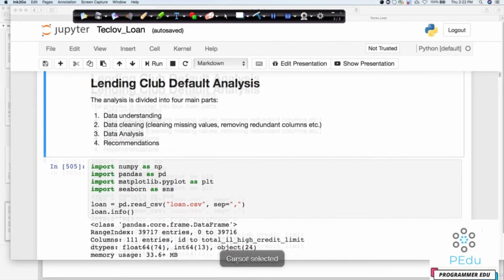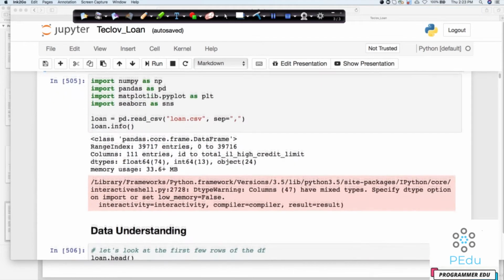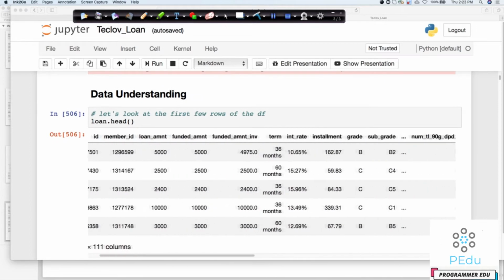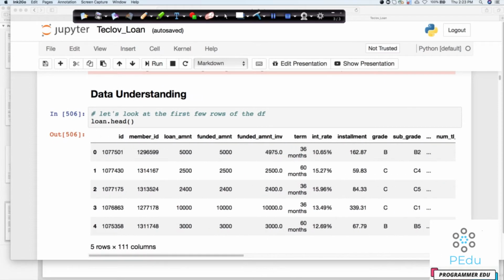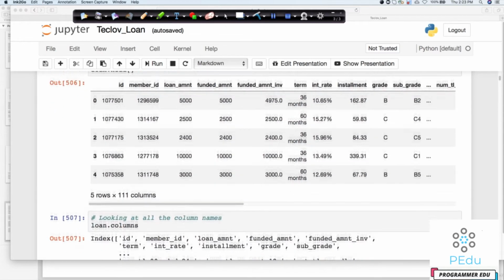So first we need to load this data, which is through read_csv, loan.csv. We are reading it up. Once we read it up, this is the data. So you can see that there are some 111 columns which we have in this case, and there will be a lot of rows. So I have just printed out 5, but there are a lot of rows.